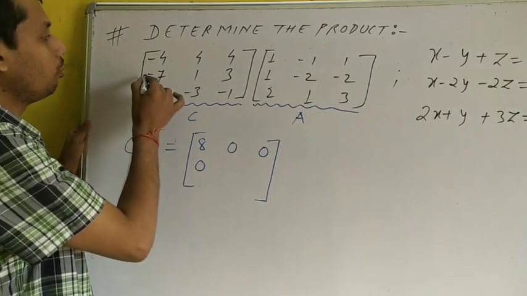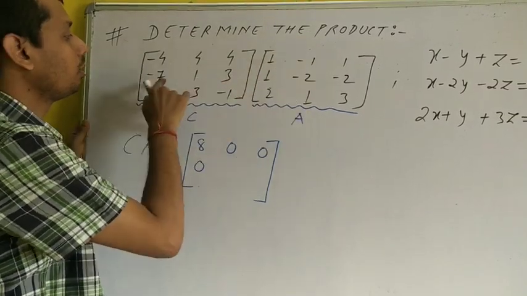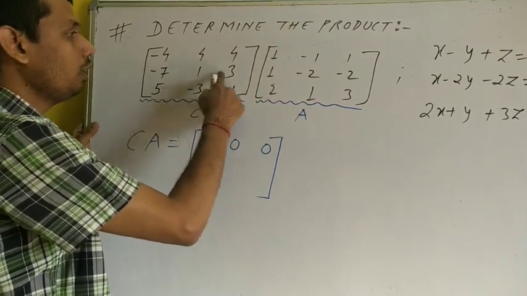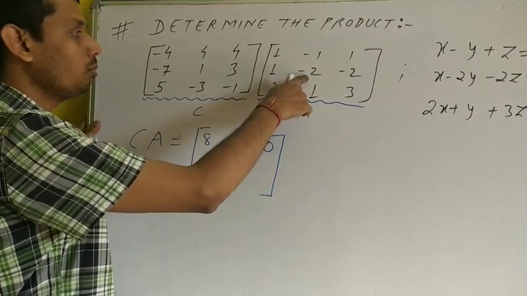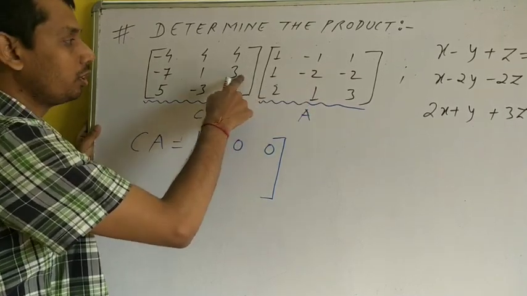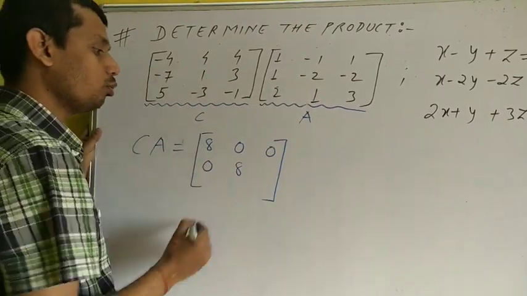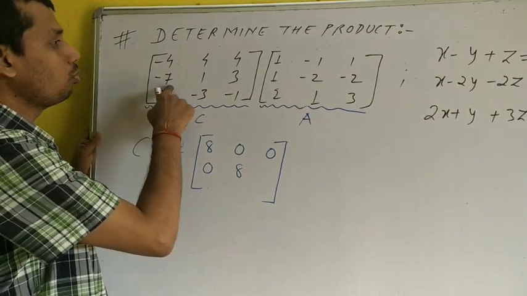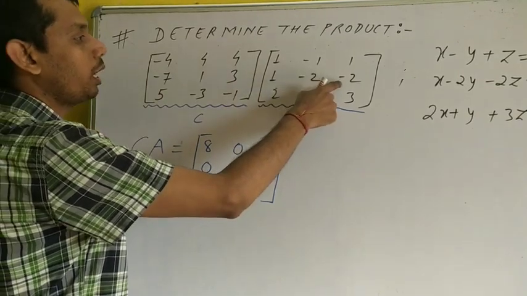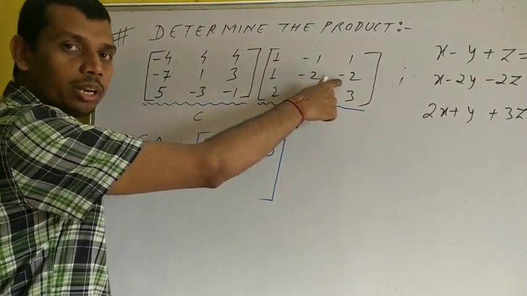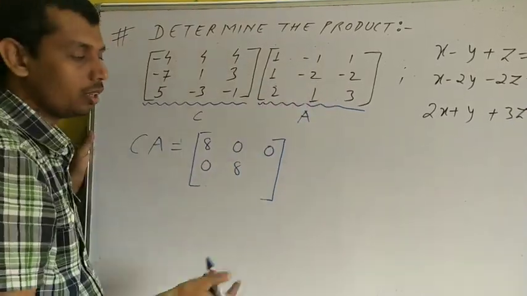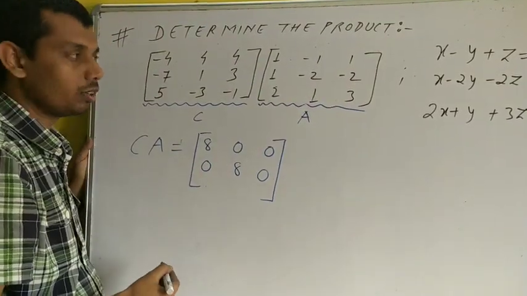Now we'll multiply this and this, so minus 7 into minus 1, this becomes plus 7. 1 into minus 2, this becomes minus 2. Okay, so 7 minus 2 will be equal to 5. 3 into 1, 3, so this will be equal to 8. Minus 1 into plus 1, minus 7, 1 into minus 2, so minus 7 and minus 2, that will be equal to minus 9.